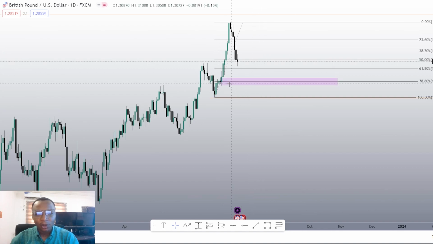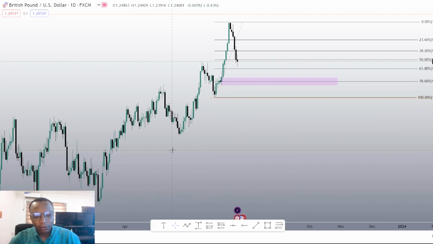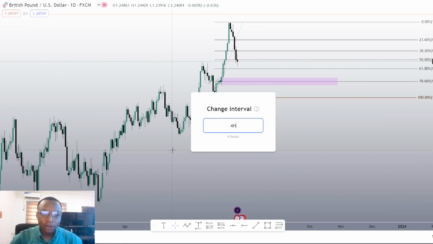So if that is all we see, then we may be expecting price to come here. But if not, remember, structure is king. Wherever structure leads us, we know what to do. Now we have a point of interest to the upside, and a point of interest to the downside. So follow structure to the downside if structure is directing you downwards, and follow structure to the upside if it's directing you upward. To confirm this, we have to go to the 4-hourly time frame to check out